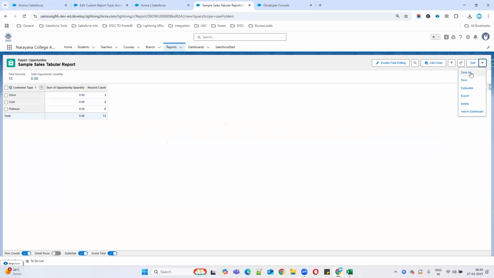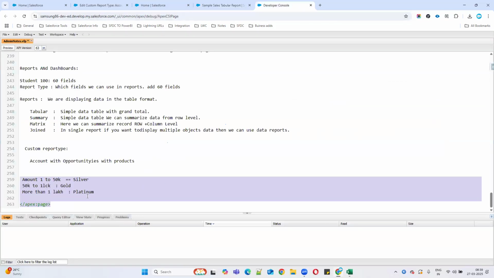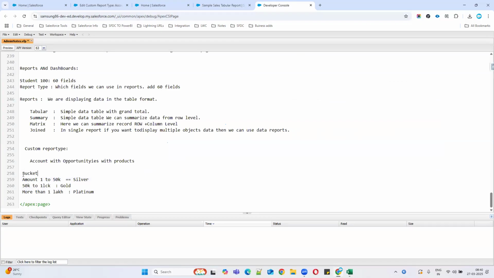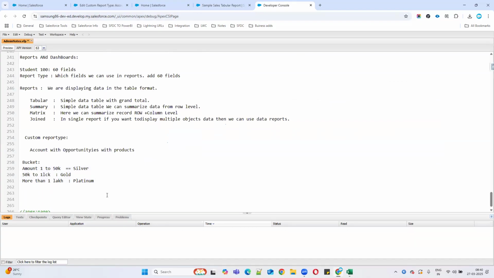Okay, that's it. I want to discuss. Okay, so now we have something called dashboard. What is dashboard? So dashboard is a visual display of all the